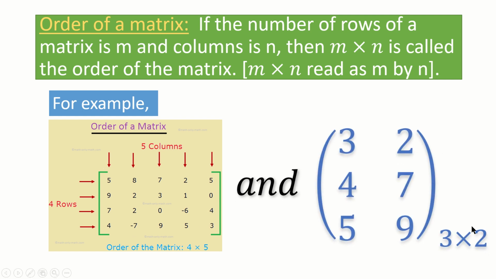Also you can express it this way. Here is a matrix of order 3 by 2. That means the number of rows is 3 and the number of columns is 2, so the order will be 3 by 2. We can write it this way, no problem. Multiplying 3 and 2 gives 6, and the entries or elements of this matrix will also be 6, by counting 1, 2, 3, 4, 5, 6. Total 6 entries. Clear?